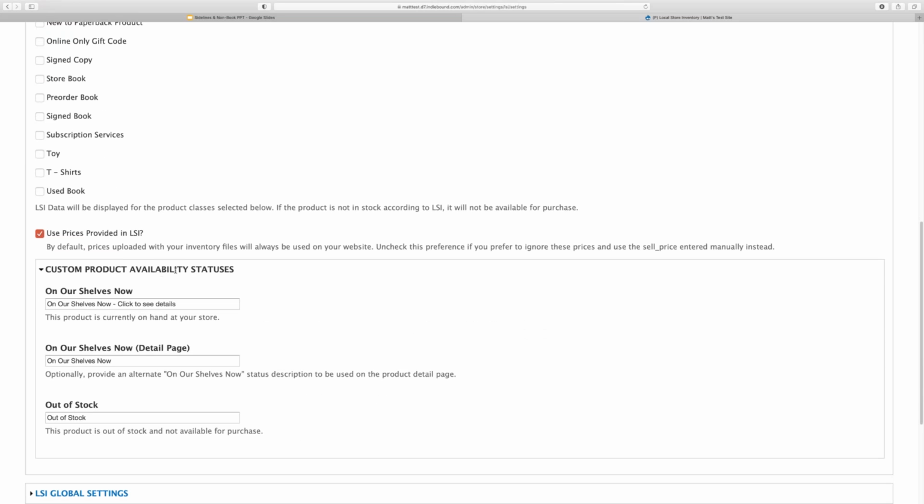Finally, we have the custom product availability statuses. This is similar to the book availability statuses. Many of you may be familiar with the feature IndieCommerce has where you can customize what the availability statuses say for books on your site. For example, many stores have changed "usually ships in 1 to 5 days."